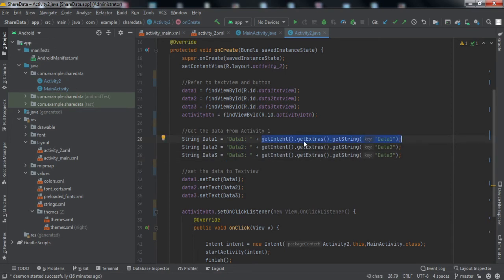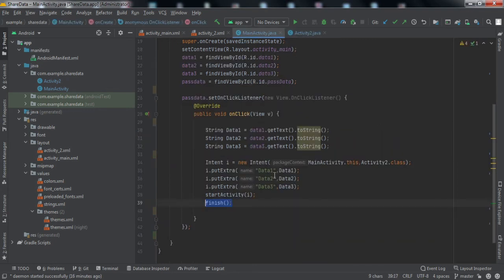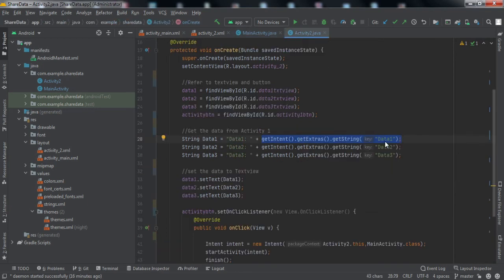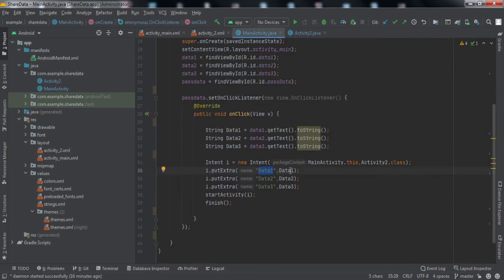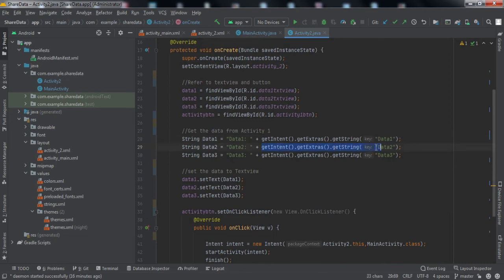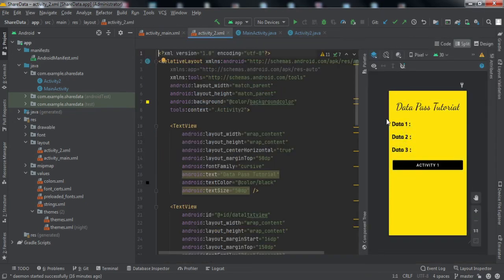So getIntent().getExtras().getString. When you call this function and pass the key, as we have set this key, when I pass data 1, I'll get the data that is passed here. Similarly I'll get data 2 and data 3. So I've concatenated it with data 1, data 2, data 3 to set it into this activity.